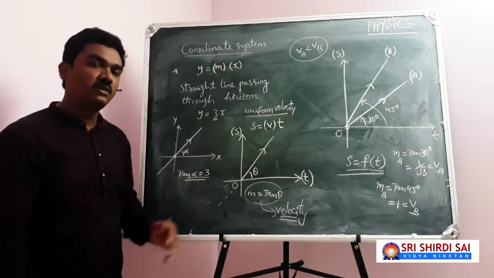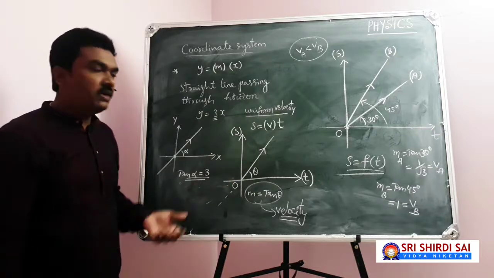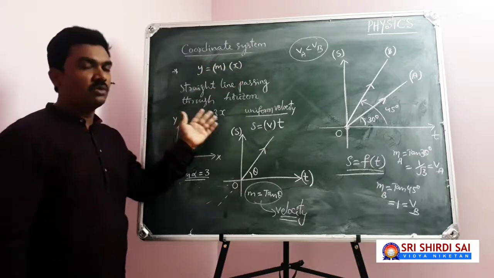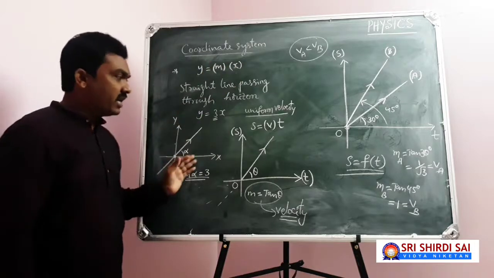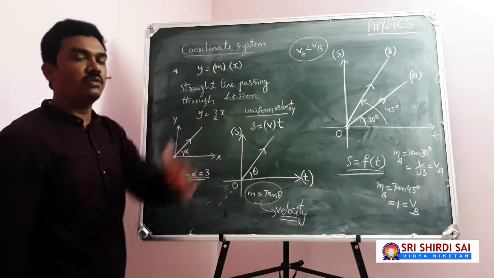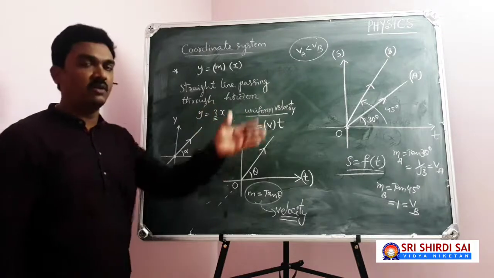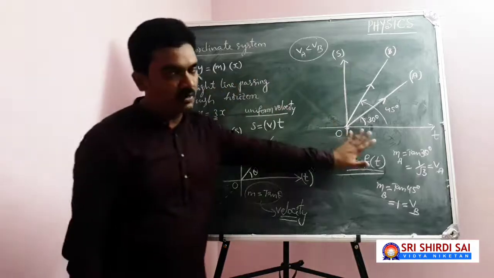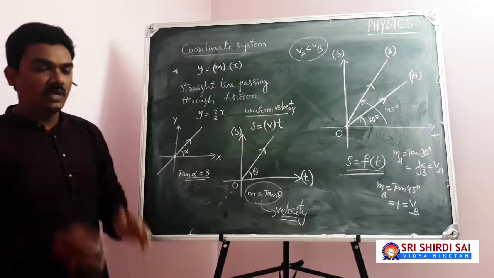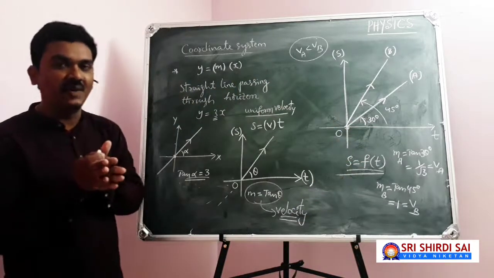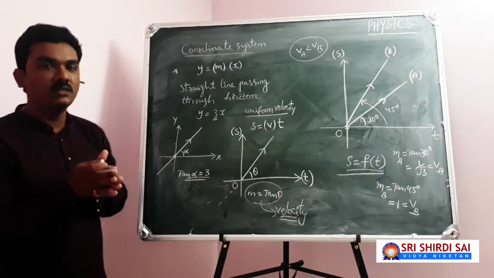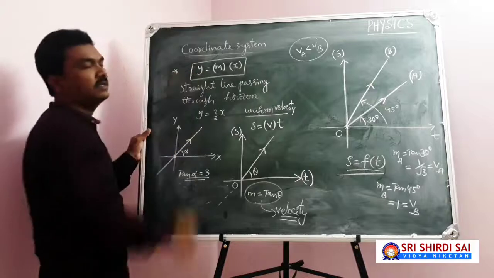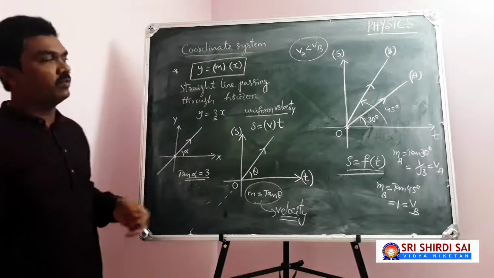See the interesting point. We started with a general form of an equation y equal to mx, like y is equal to 3x, and we have connected with physics. See what concepts we are trying to discuss and we are able to discuss. This is what the coordinate system is applicable for in physics. So we have dealt with only one equation till now, y equal to mx. Still a few more equations to discuss.